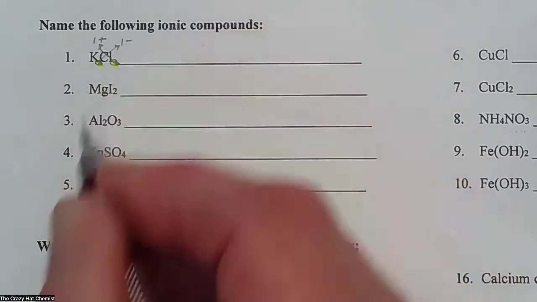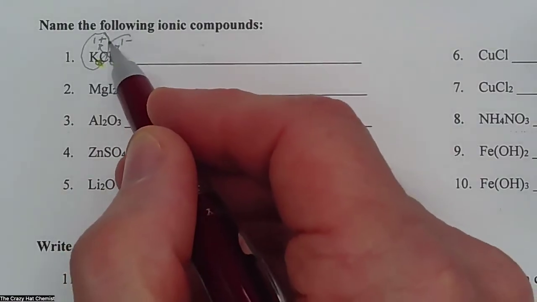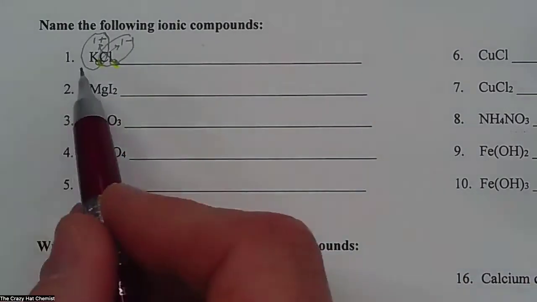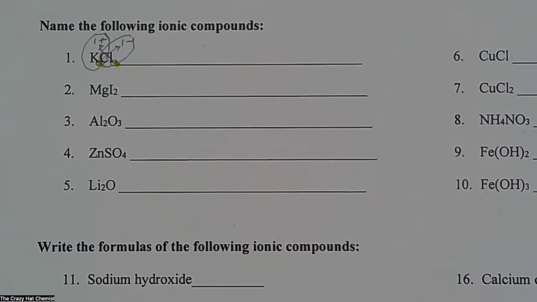Cations come first, anions come second. I need to find this K right here, and I need to find that Cl right there. The K is going to be in the 1 plus category. So really what you need to acquire is